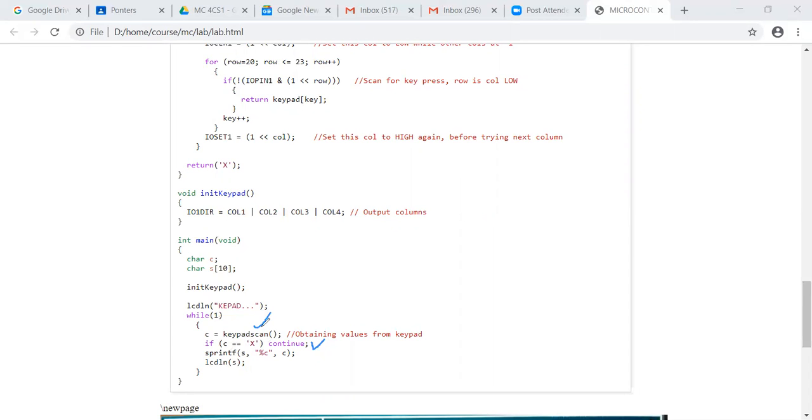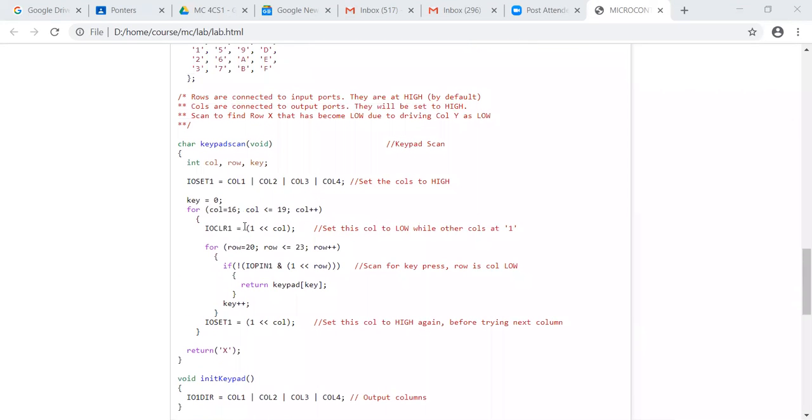So let us go to the keypad scan, which is the main logic of this experiment. We set the columns to high. Imagine the experiment as 4 columns and 4 rows.